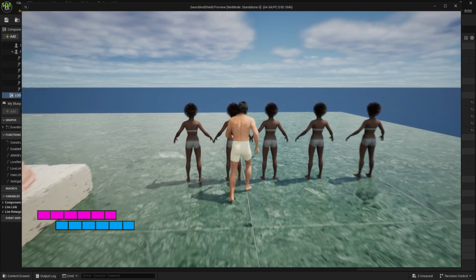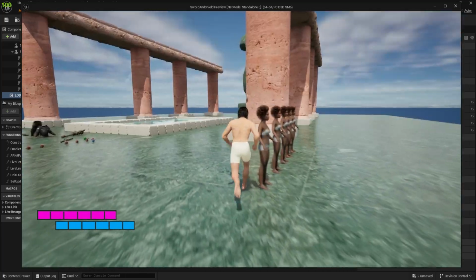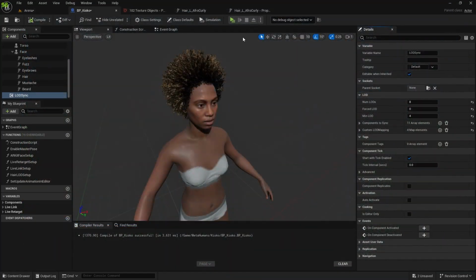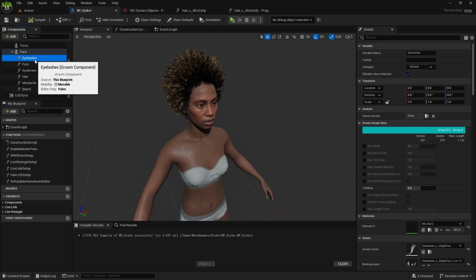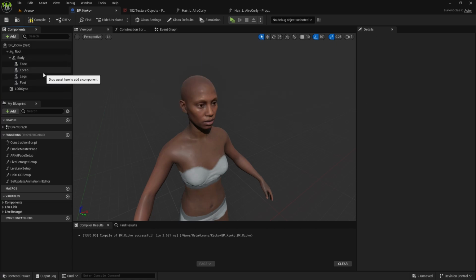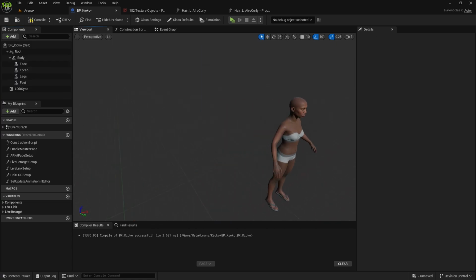So for 5 metahumans I drop like 10 frame rate maybe, so 2 per metahuman is not terrible. But there is one more fix that we could do, and I'm considering doing it when we do a trader video: either we will just be equipping some helmets as well, or some basic hair that doesn't have that many strands and stuff like that. Or what we can do is completely remove this part, from the eyelashes to beard, and then just download